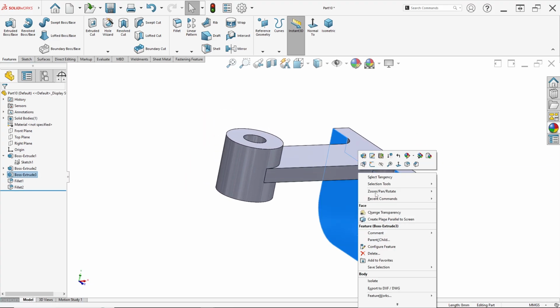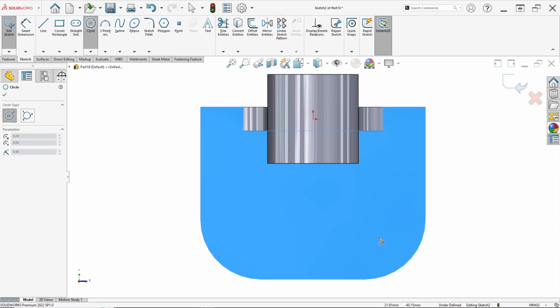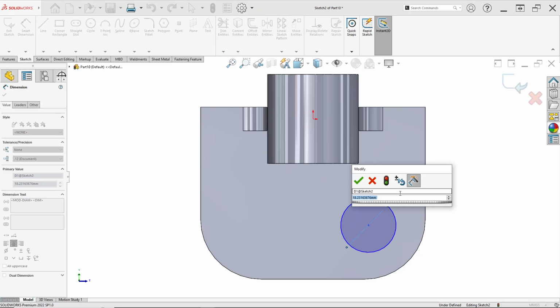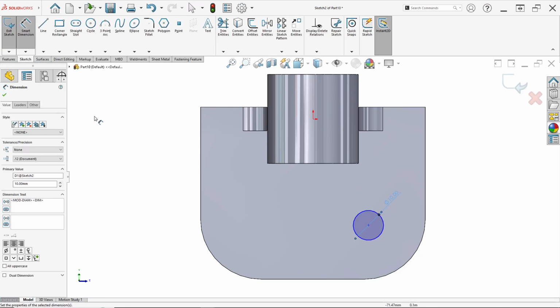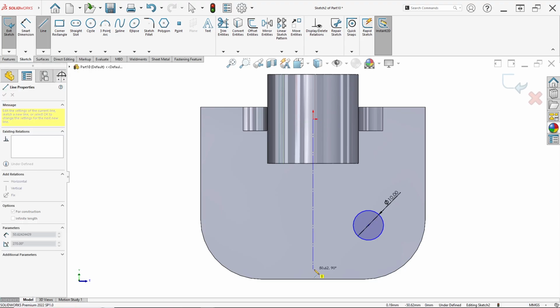And right click on this face, just click Sketch. You make two holes in here, diameter 10. So make a circle, set diameter to 10 millimeter, and we can draw a center line from this center to this.